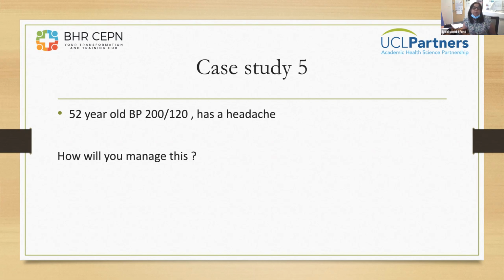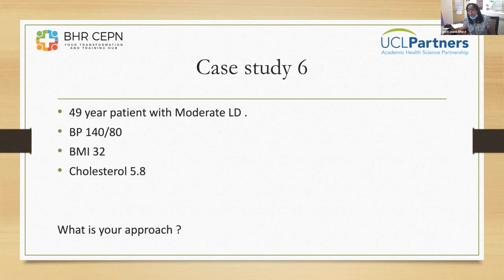So the next slide, please. And this is the last one, you would be pleased to hear. So now we've got a 49-year-old with moderate learning disability. Now he's got a blood pressure of 140/80, BMI of 32, and a cholesterol of 5.8. Okay. Now, mind you, he's got LD. So you need to make sure that whatever advice you give has got reasonable adjustments in it. So, you know, you don't tell them actually go and run a mile a day or don't eat XYZ, because